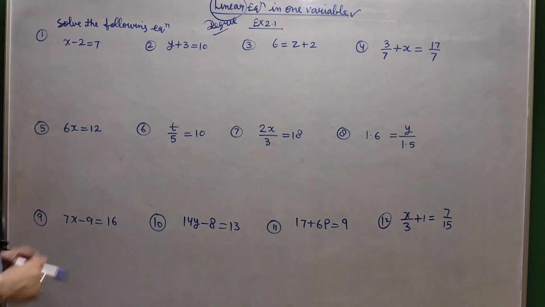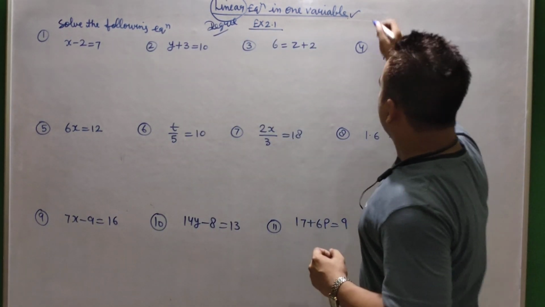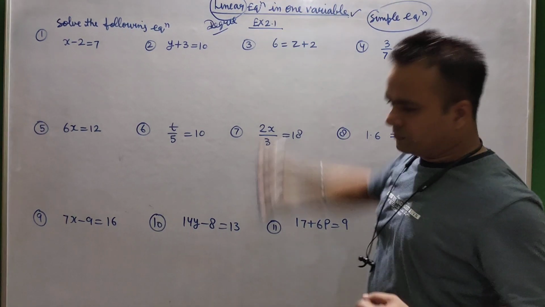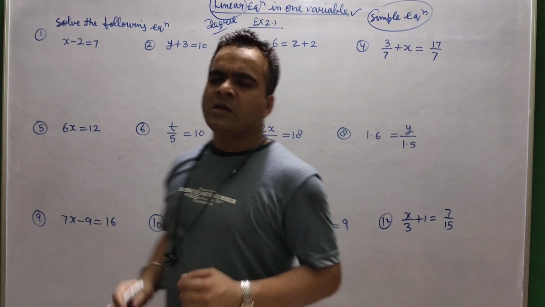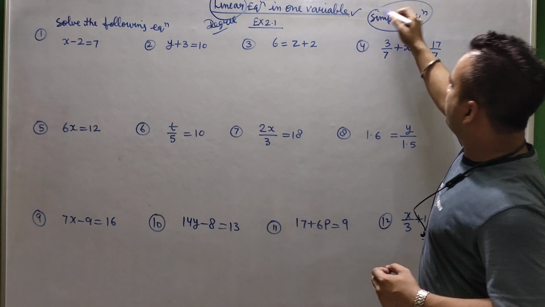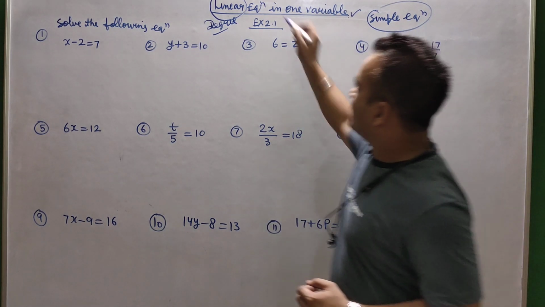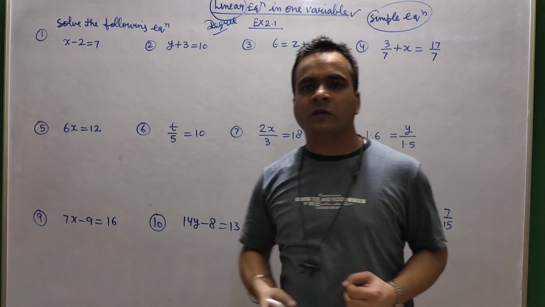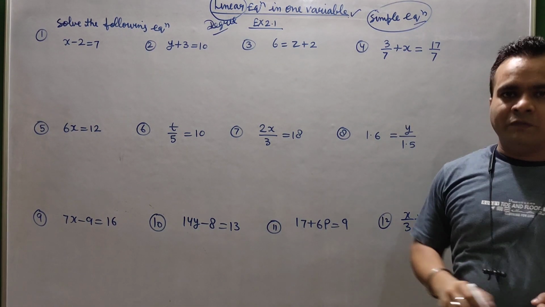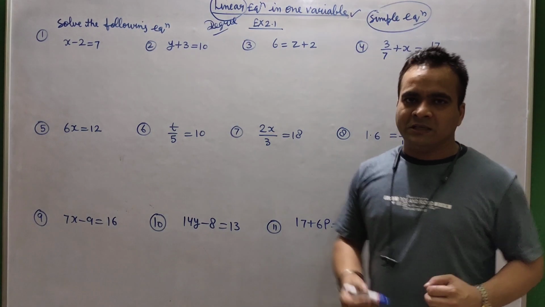I just want to tell you one more thing. In the previous class you had this chapter with the name of simple equations. Simple equation and this term, linear equation in one variable, are actually the same. We introduced it as a simple equation so that a student can take it easy, because if we explain the linear part right away, it is very difficult to understand at that level. So now in 8th class we try to explain the linear part easily.